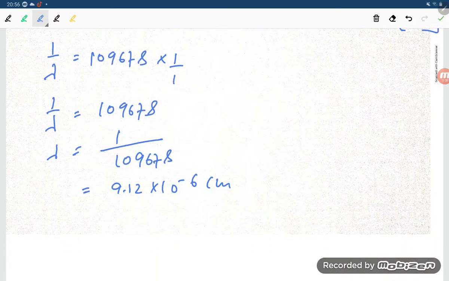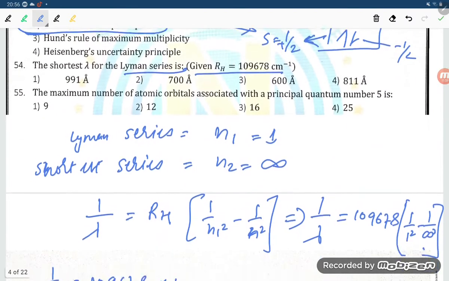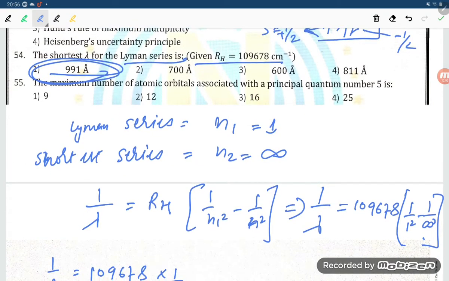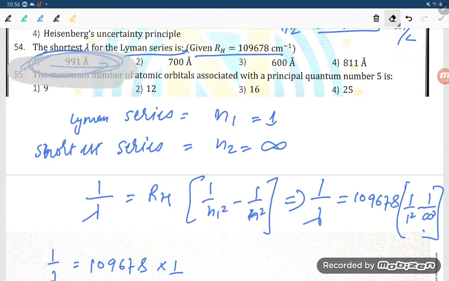If you are converting into angstrom, how can you calculate it? You put this decimal 2 digits here, so it will be 912 angstrom, lambda is equal to that. You can check with the options student. Option number A is the approximate answer, that is correct. The exact answer is not given, but I think it will be option number 1. You can calculate if you are getting another option.